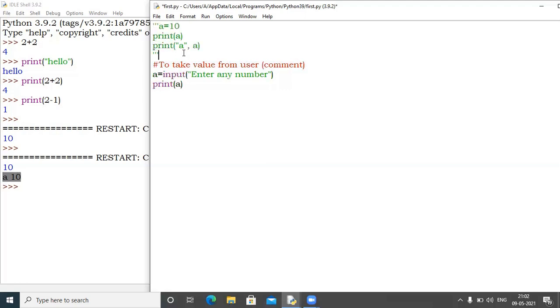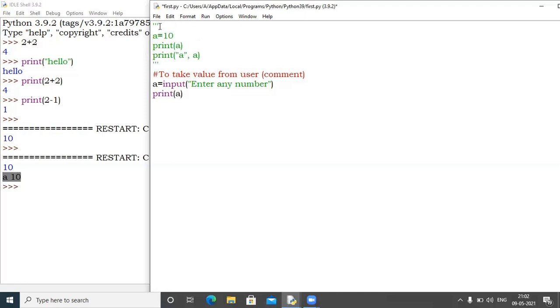This is again the second method. If you use 3 single inverted commas before the code and 3 after all the codes, this is called multi-line comment.